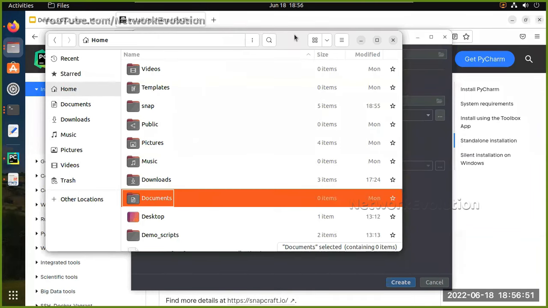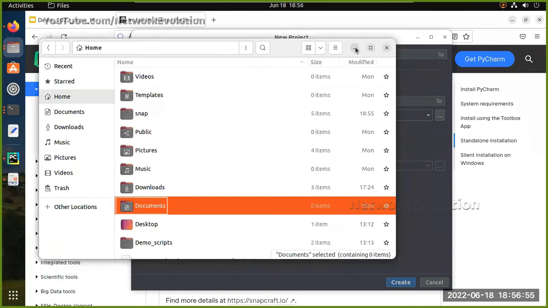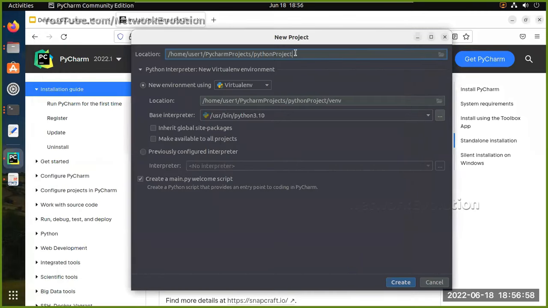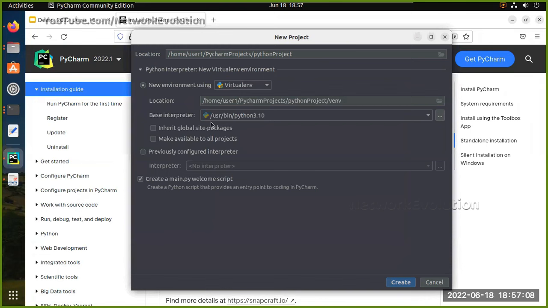So we don't have any folder called PyCharm projects now, right? So this is going to create a folder called Python project, and then it is going to create a virtual environment. A virtual environment is nothing but a separate Python executable, a Python interpreter, because my operating system will have a base